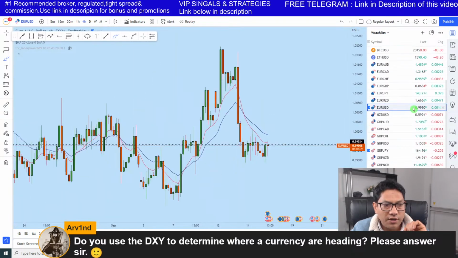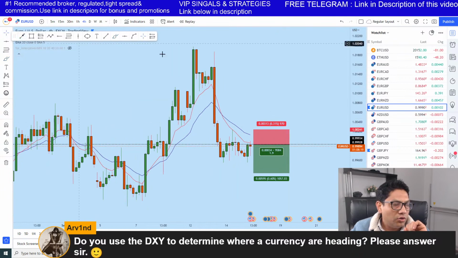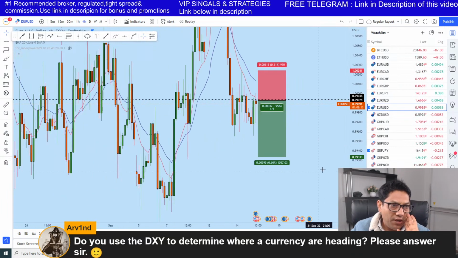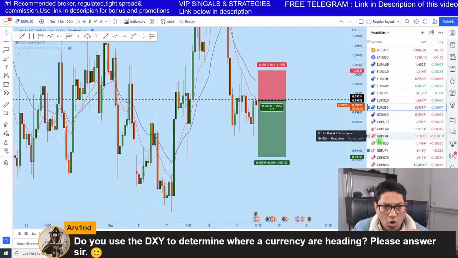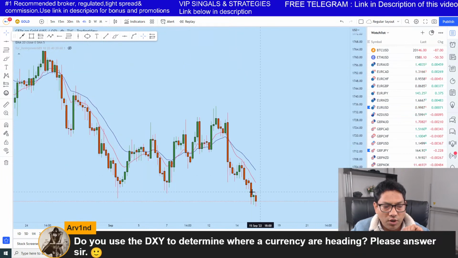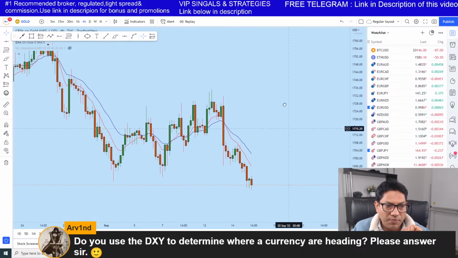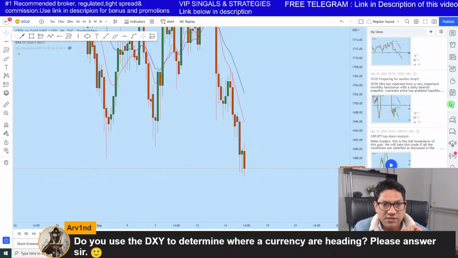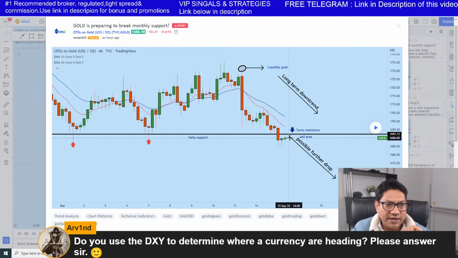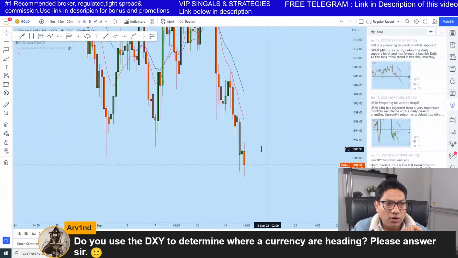It's fully unpredictable. DXY is basically an indicator of euro dollar and GBPUSD movement, but to me it is still bearish. We see some downward move, and I'm expecting it to drop. As I see gold as well, we see some drop. Today I posted an analysis on gold, and you see the price did exactly that after the analysis was sent. This is the analysis that I sent to TradingView. This is exactly when the price was 1690, and gold dropped from here. You see that straight drop.